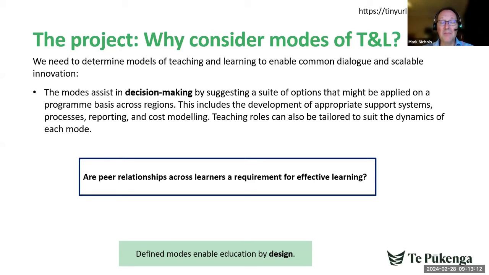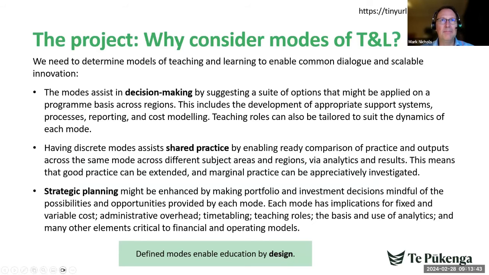Peer relationships make perfect sense when they're possible, and some excellent education design can be made that includes it. But whether the practice of peer relationships is a requirement for effective learning rests on the mode of teaching and learning a learner is engaged in, and whether any requirement for peer relationships becomes a barrier to access. Now, I've seen the importance of peer relationships result in some fairly tragic examples of pedagogical practice, and thinking here in particular of the early MOOCs. So improved decision making is one benefit.